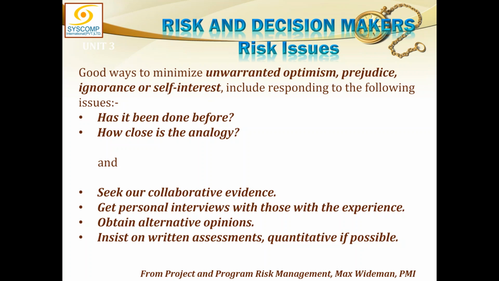Actually, unwarranted optimism is like a risk averse person who doesn't want to recognize the risk. I'm not talking about avoiding the risk. He avoids talking about the risk and thinking about the risk. He is not a proactive person. This person is waiting for the event to occur, and then he will take some action and take some shelter. And do not identify the risk based on prejudices, such as, I don't like this person, so this is a very risky person who is always going to do something bad. This is also not good. No ignorance, no self-interest. Get rid of all these things.